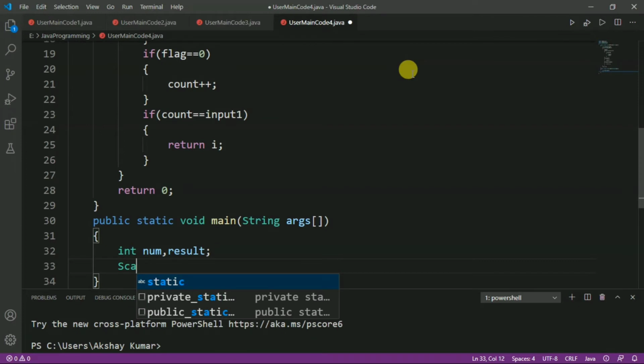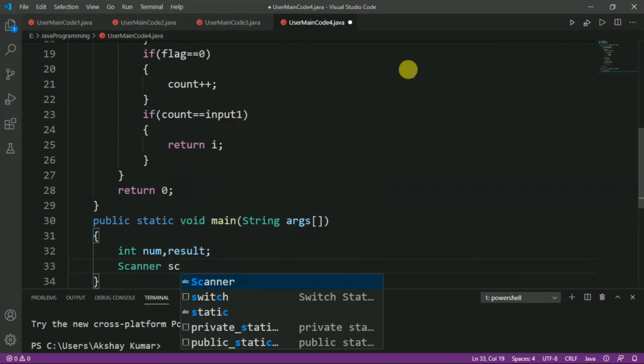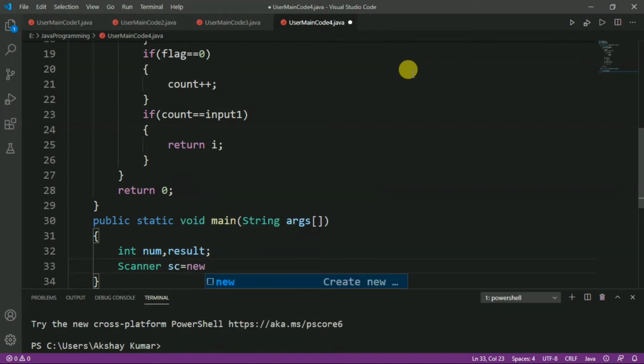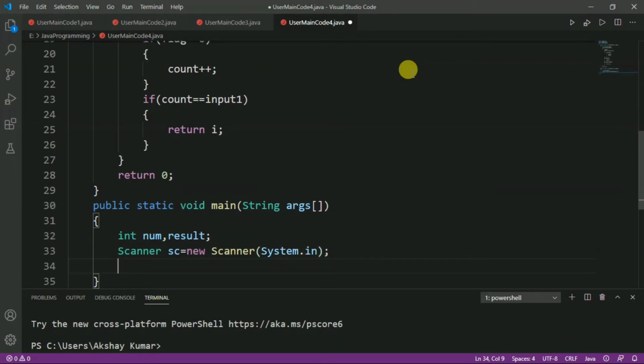Now we will create an object of the Scanner class to take the input from the keyboard. So, we have to write Scanner sc equal to new Scanner, and we will pass System.in, which represents the keyboard. After that we have to write a message to the user to take the input.